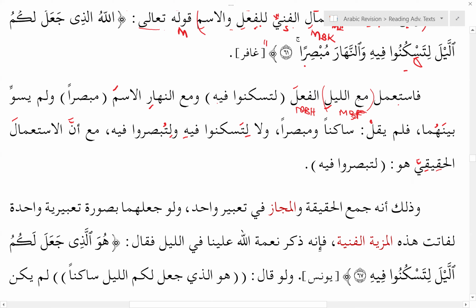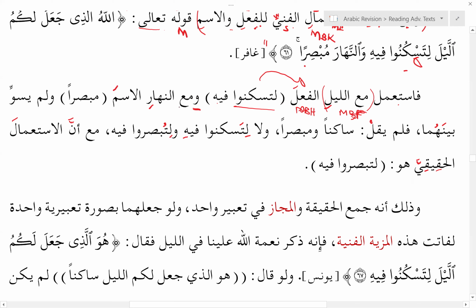But we know that this author likes to do متعلق بالفعل مقدم, متعلق بالخبر مقدم. He likes to bring the jar مجرور forward. So you see most of these structures are like this. استعمل مع, استعمل ب, whatever. يعني there's going to be حرف of jar مقدم. Right? So الفعل is our مفعول به. And then لتسكنوا فيه. So again, لتسكنوا فيه, this you can easily replace with الفعل. So this is a بدل. So فاستعمل لتسكنوا فيه. I can just omit this. So this is our بدل. Right? لتسكنوا فيه is our بدل.